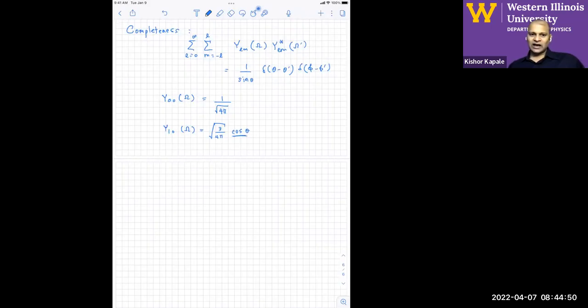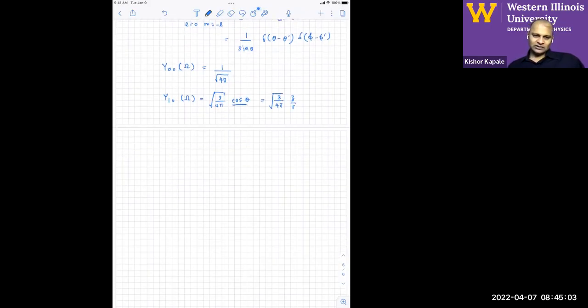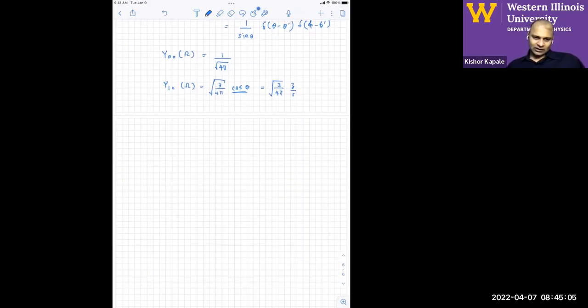That already looks like the p_z orbital, which you know. In this case, we can actually use the Cartesian coordinates also to represent this as z over r, because z is r cosine theta, so z over r would be cosine theta. Then Y